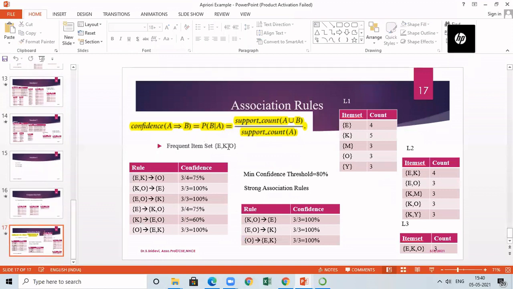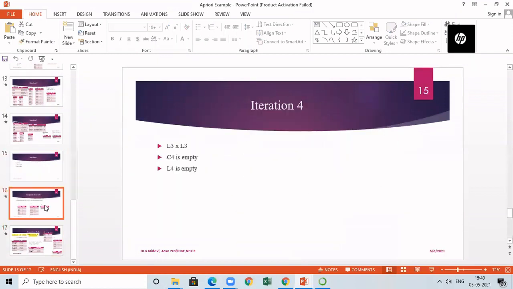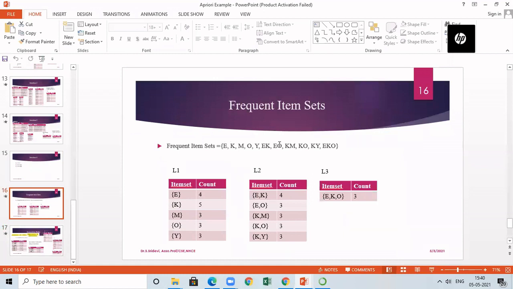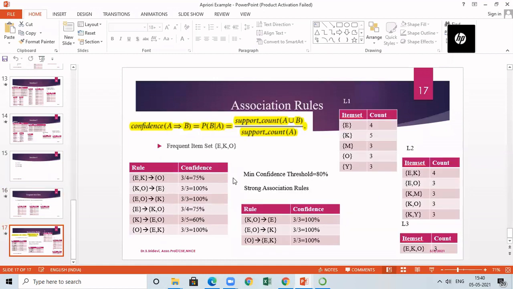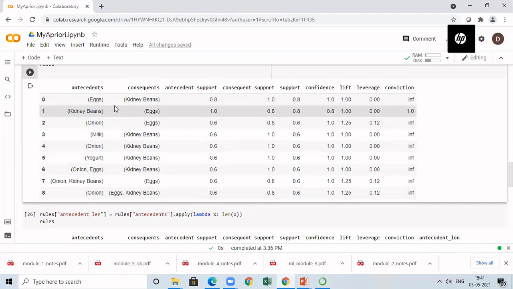When we check the association rule, actually, we started with the frequent item set that is given as input to the association rule. Then we set the minimum confidence threshold. Finally, we came up with the rules. And in this algorithm, we have seen that only 3 rules are there. First rule is KO implies E, then EO implies K, then O implies EK. Only 3 rules are there. But this should be displayed to you. Now, if you see your output, totally we have 9 rules. Where are these 3 rules?